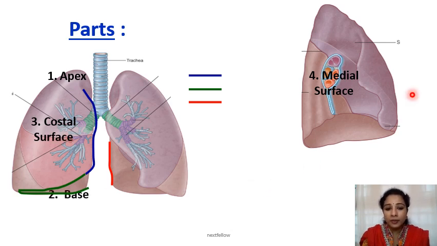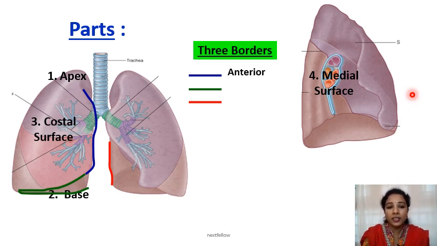The inferior surface is the base, which is also called the diaphragmatic surface because it is related to the diaphragm. Right lung is related to the right dome of the diaphragm and left lung is related to the left dome of the diaphragm. So the three borders are the anterior border,